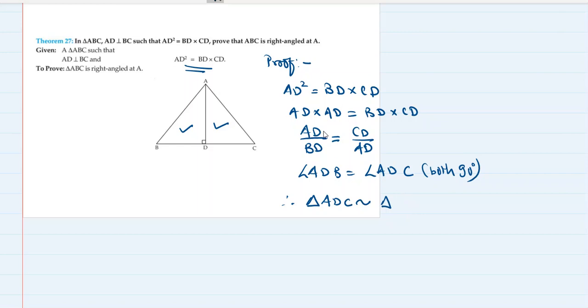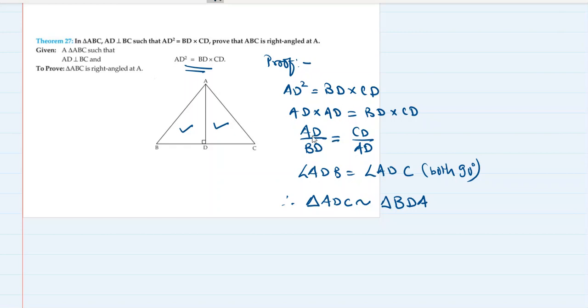Now see, if you see AD and CD, if you just see beneath AD, you will find the part which is corresponding with AD. AD is corresponding with BD. So A is corresponding with B. So in the place of A I'm going to write B. In the place of D, I'm going to write D because angle D is equal to angle D, both 90 degree. And C is corresponding with A. If you can see here, CD is corresponding with AD, so C is corresponding with A. Okay, so triangle ADC is similar to triangle BDA, which we knew before only.